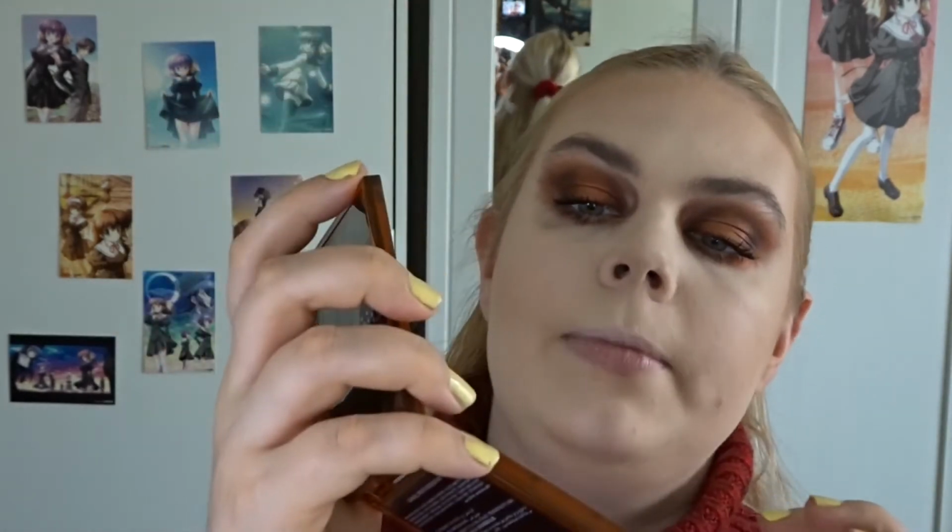As far as quality goes, I kind of like the shades I used in this one. This is the trickiest one because it's more of a cream, but it's what I have in my inner corner and I think it's actually quite pretty. I didn't try all the shades, but the ones that I did try worked very well, at least on my skin tone. So I wouldn't say this is a dud palette at all. I'd say this is a very pretty palette. And I really like this eye look. And that's it for my review of this palette, but let's finish the face together